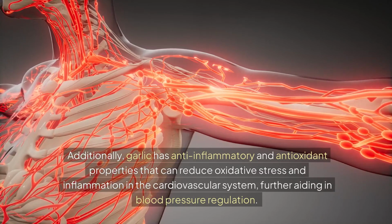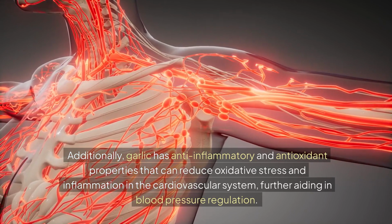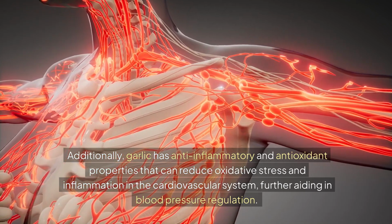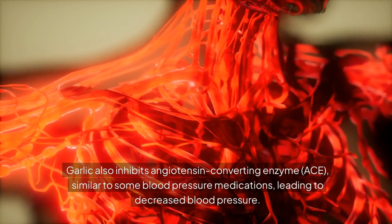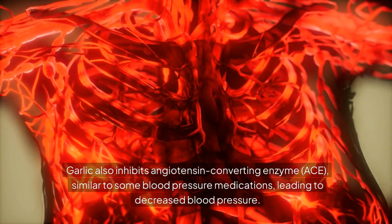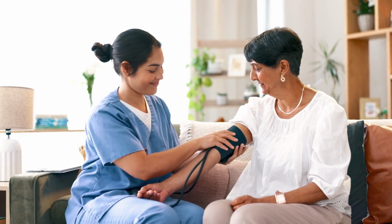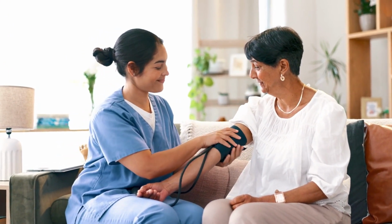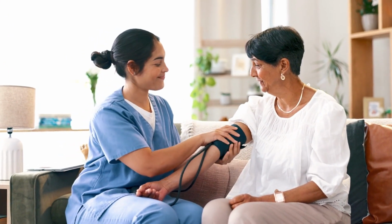Additionally, garlic has anti-inflammatory and antioxidant properties that can reduce oxidative stress and inflammation in the cardiovascular system, further aiding in blood pressure regulation. Garlic also inhibits angiotensin-converting enzyme, ACE, similar to some blood pressure medications, leading to decreased blood pressure. On average, garlic can lower systolic blood pressure by about 7 to 10 millimeters of mercury and diastolic blood pressure by about 4 to 6 millimeters of mercury, though these effects can vary depending on dosage, duration of supplementation, and